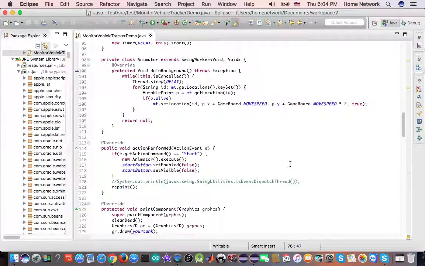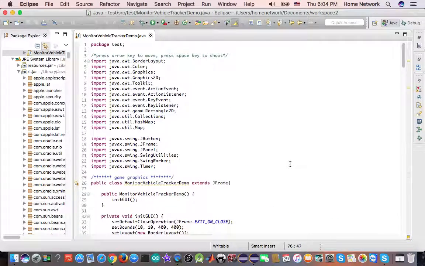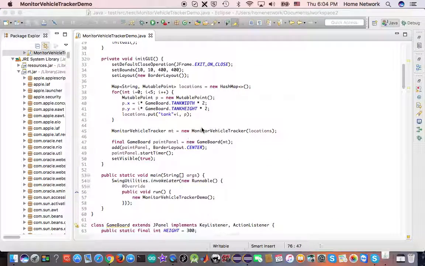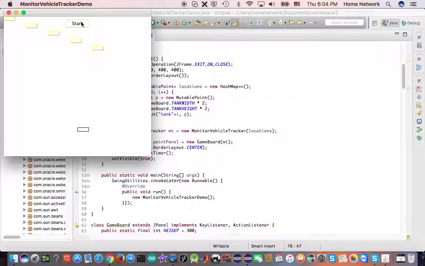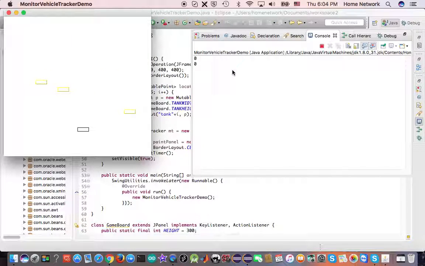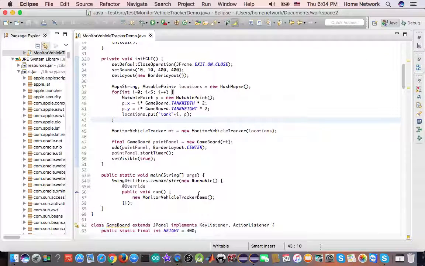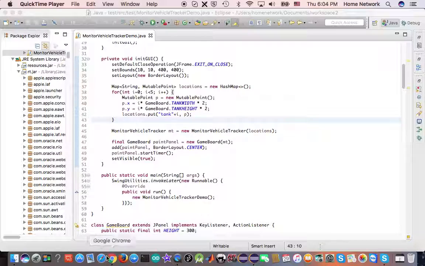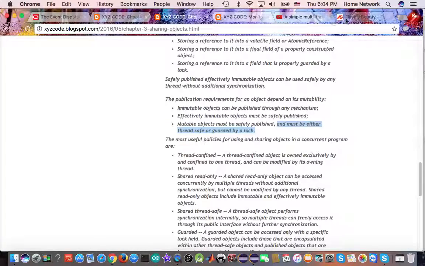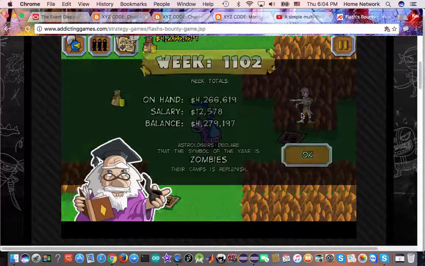Okay, enough of talking. Let's run the program. Let's press the start button and shoot those squares. Move and shoot and hit you. Now I'm dead. Okay, this is a program using the background thread. Let's go back. I need to see what kind of a